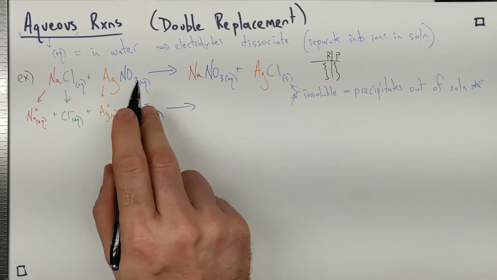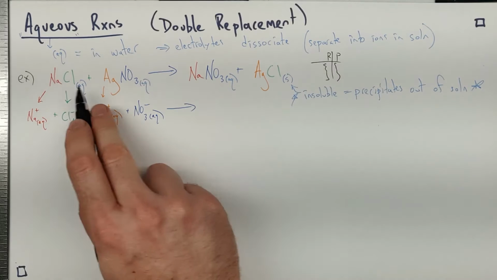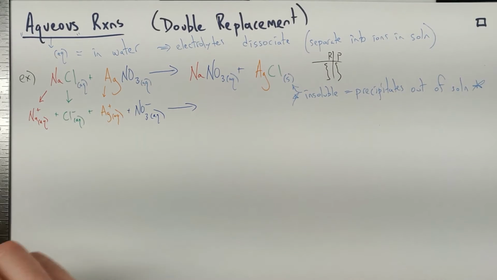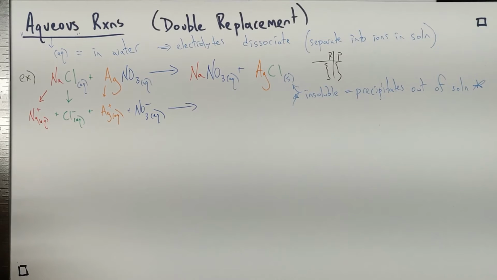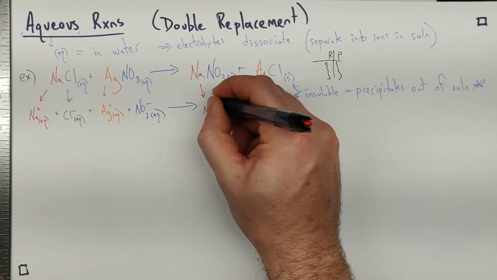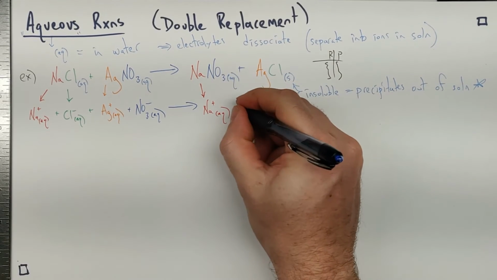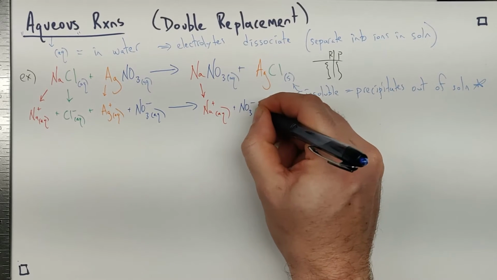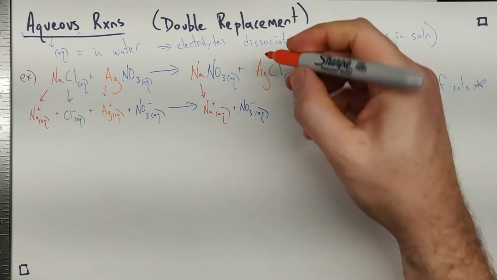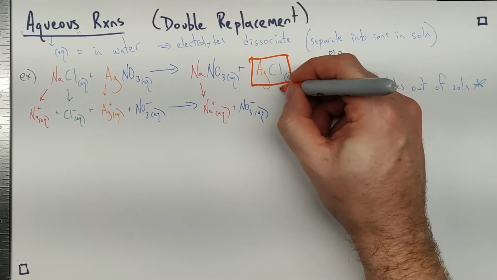And again, these aqueous species are dissociating. They're separating into their ions in solution. There aren't a bunch of NaCl's floating around in a salt solution. There's Na ions, sodium ions, and chloride ions. As we get to the other side there, we're going to have the sodium ions and the nitrates. And then this silver chloride, AgCl, that is not dissociating, it's not aqueous. So we're going to end up with,